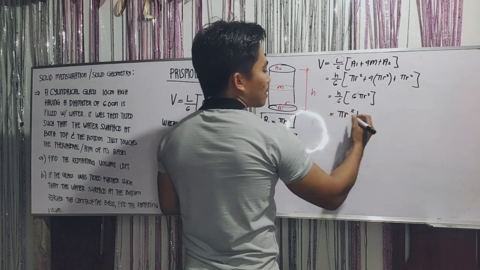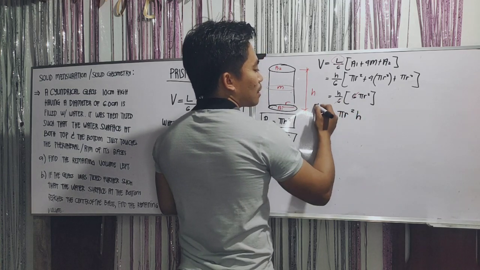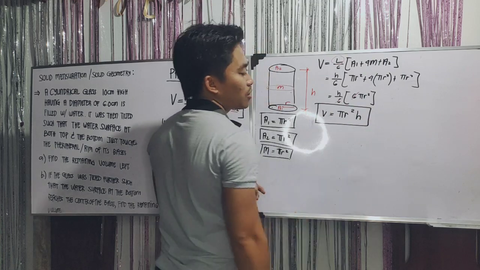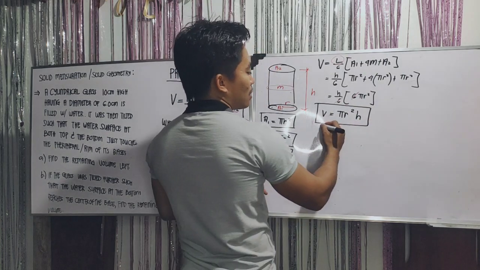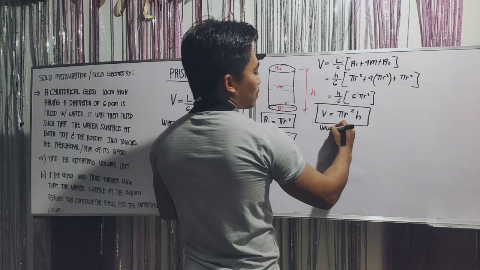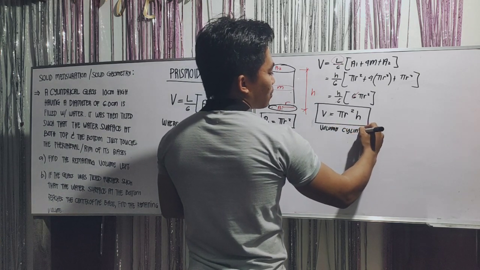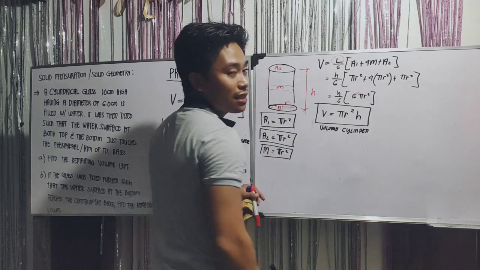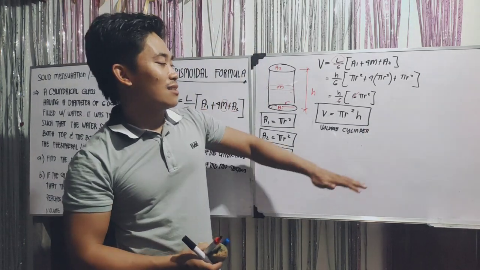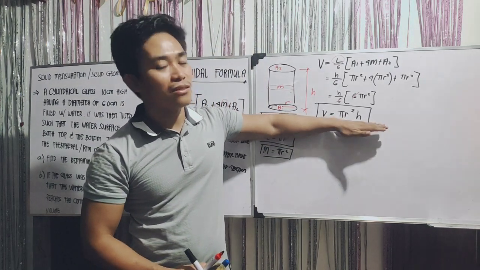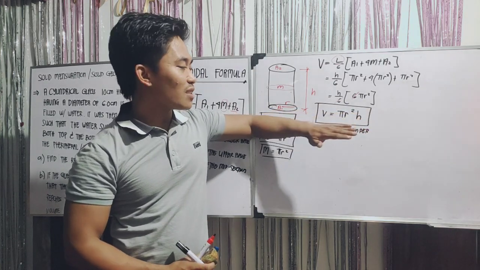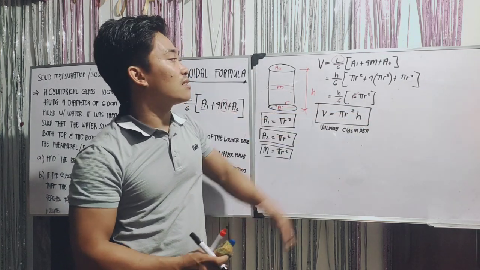times the height. And so, therefore, ito yung volume ng solid mo. Okay? This is actually the volume of a cylinder. Okay? So, indeed, pi r squared times height lang. Okay? Kumbaga, as if hindi natin alam. Okay? So, dinerive natin. So, again, this is the volume of the cylinder. Now,